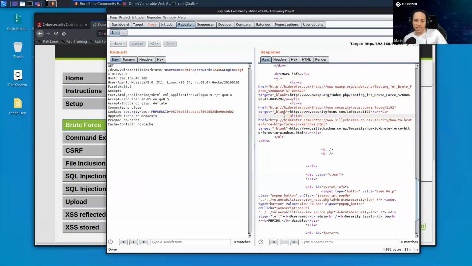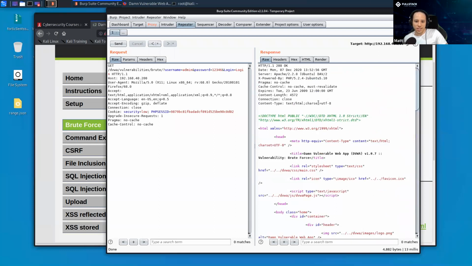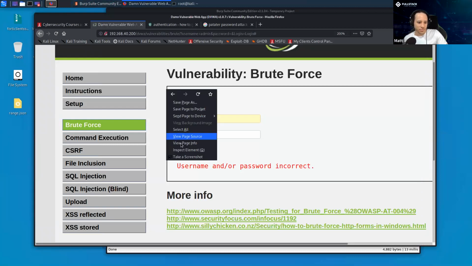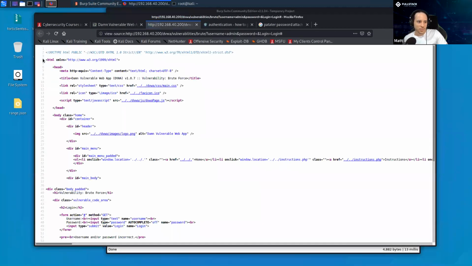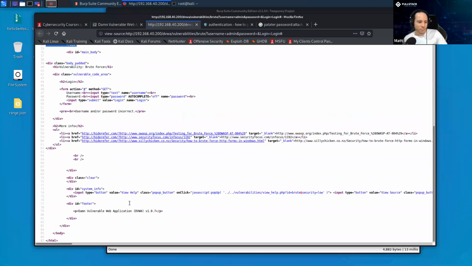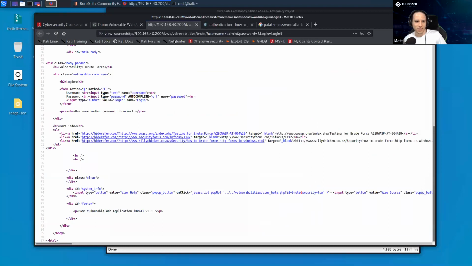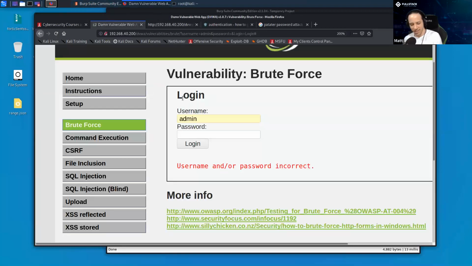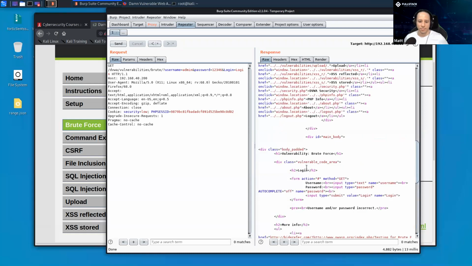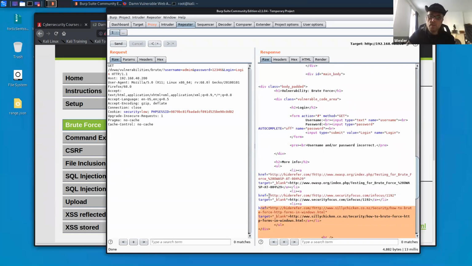Yes, because this response, all this stuff here, right? Here's the header of the response, but all of this is the raw HTML. If I go view page source, where's the rest of it? Oh yeah, username and/or password is incorrect. That is everything that's here. It's just not rendered in the browser. So yes, anything you see in this response, you will see in the response here in Burp. Right, so we can almost get it from just the page we're looking at, as opposed to going into Burp to get it. Oh yeah.